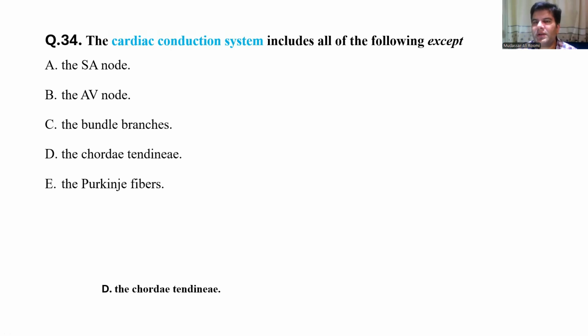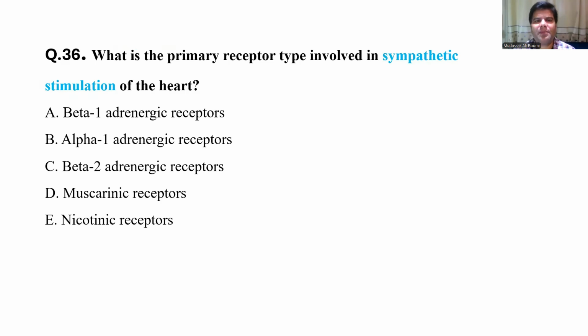Chordae are small, thin tendons which are attached to the cusps of the AV valves, and they pull the cusps of the AV valve by the contraction of the papillary muscles. Next question: what is the primary receptor type involved in sympathetic stimulation of the heart? The options are A, beta 1 adrenergic receptors; B, alpha 1 adrenergic receptors; C, beta 2 adrenergic receptors; D, muscarinic receptors; E, nicotinic receptors. And the answer is